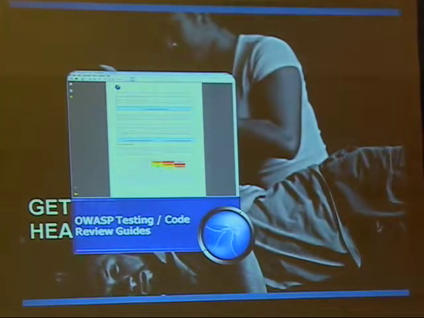I want to talk about that really quick because the OWASP testing guide is very similar to guides other organizations have developed for pen testing or attacking web applications or regular network environments. And the OWASP one is really good because it's focused on web applications. So just going through that guide is very helpful because you learn a lot about methods, tools you can use, and things to look for within a web application that can lead to vulnerabilities.